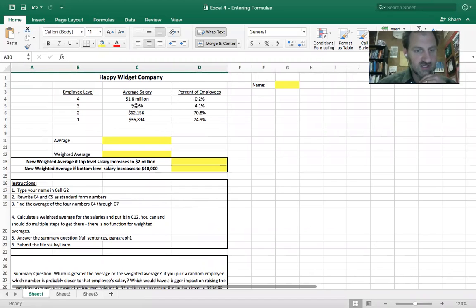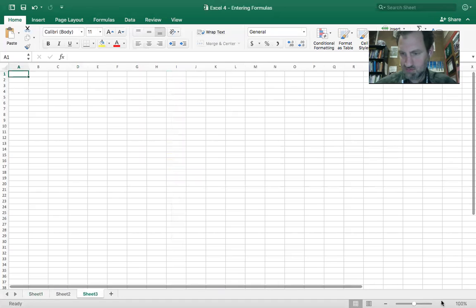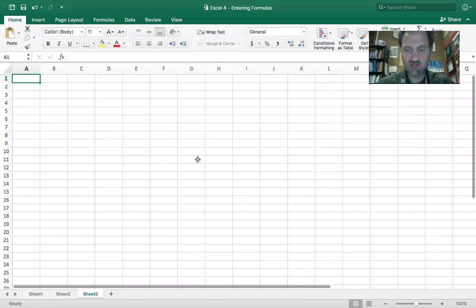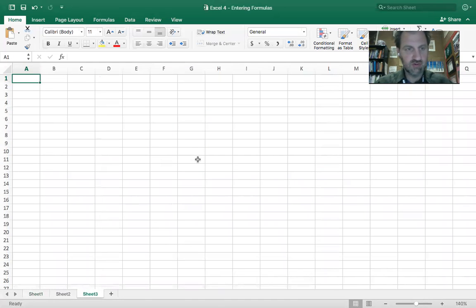To get started, it says rewrite C4 and C5 as standard form numbers. So you should first of all know that C4 means look at column C, row 4, and C5 is column C, row 5. These are not standard form. They have words as part of the number, so we need to translate those. Right? So just to give you some idea about that, if I have 2.3 million